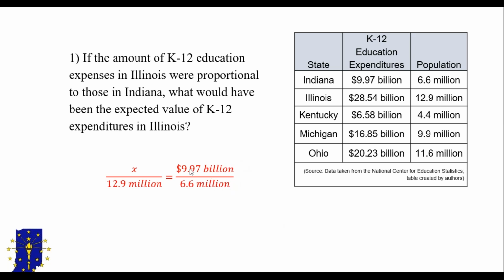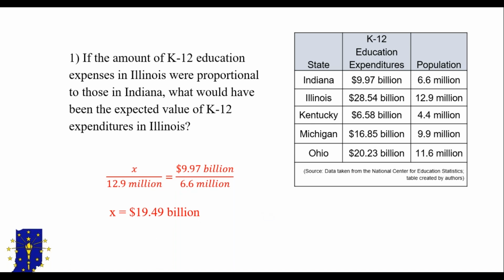Okay, so on this side, we're going to have all of Indiana's numbers here. So here's the expenditures over the population. And remember, we're trying to figure out what if Illinois spent the same as Indiana. So we're still going to use their population, because the what-if, the thing that we want to figure out, is the expenditures. So once again, you want to do those cross multiplications here. You're going to multiply these and divide by the one opposite the x. Watch your units there. It's probably a good idea to practice that scientific notation. And you should get something like